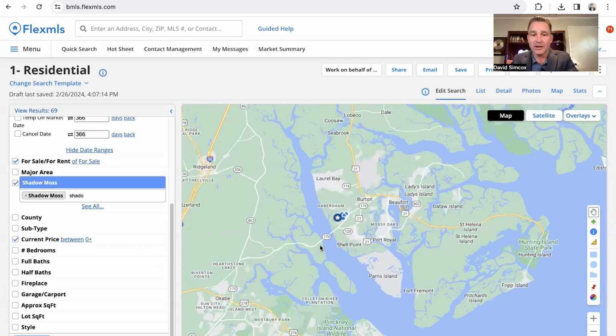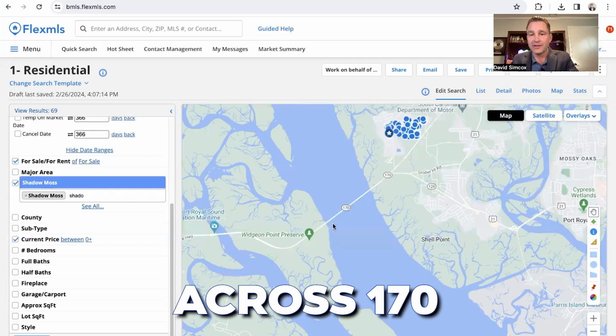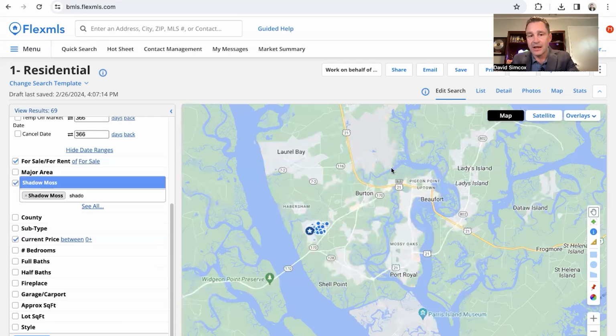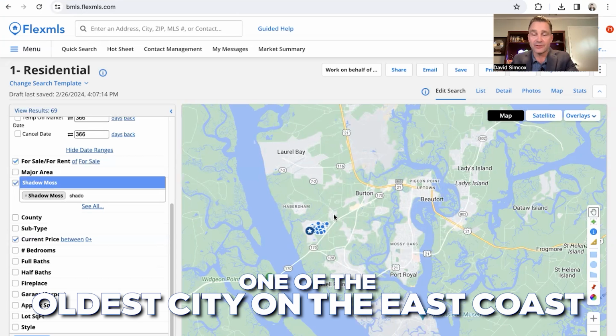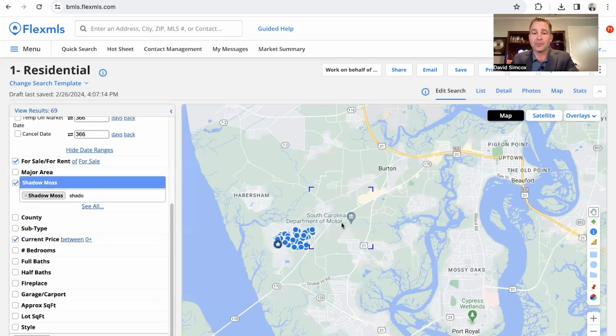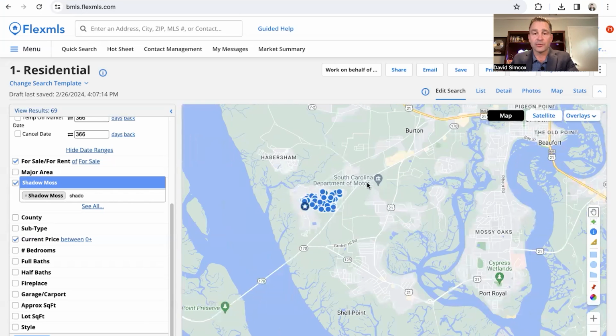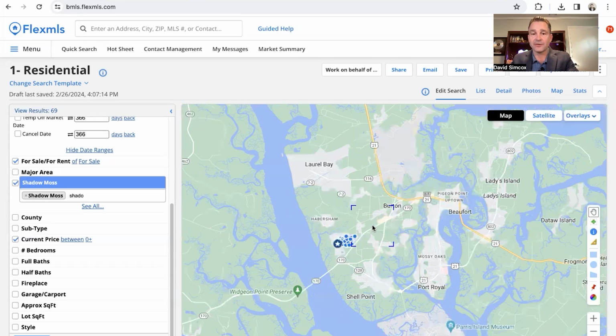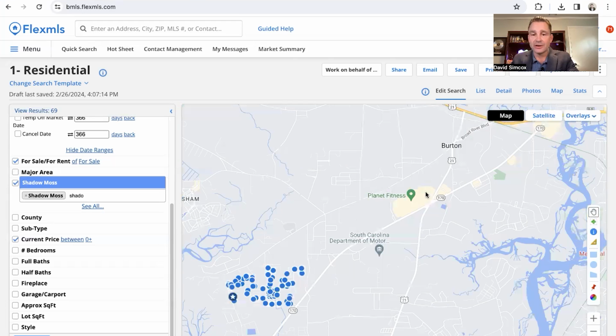And Beaufort is right here across 170, and it's this whole area in here. And there's a lot of things going on over there. It's definitely a very historic city. It's one of the oldest cities on the East Coast. And there's also a military presence here. So you've got the Marine Corps Training Depot, also known as Parris Island, and there's also the air station here. So we do have a lot of military folks. But right here is